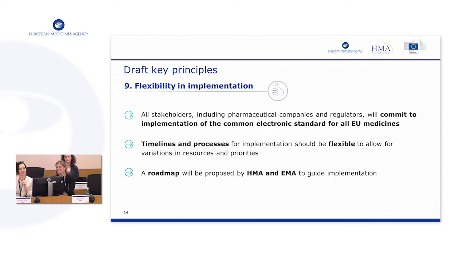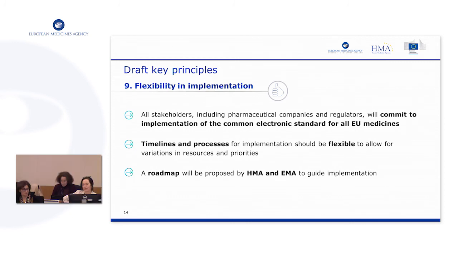Just to be clear, what we mean by flexibility is both in terms of timing, when a regulatory authority is ready to implement it, and once it is decided to implement it, in terms of scope. There are two choices: to go for electronic product information from the very beginning of the assessment process, so that the submission of the application will be done electronically, and then it will continue to be electronic throughout the whole assessment,